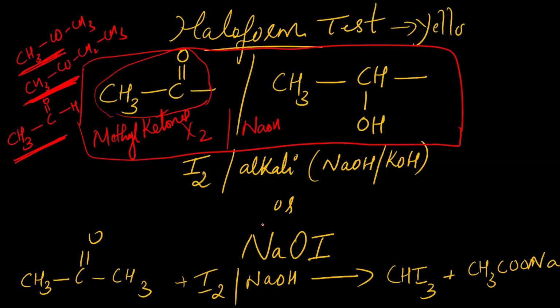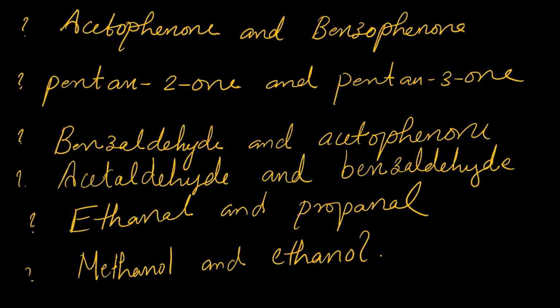Methyl ketones react with iodine in the presence of alkali, forming iodoform; with chlorine, you get chloroform. If the reagent is NaOI, that is also a haloform reaction. I2 plus NaOH are mixed together to form NaOI. So if you see this reagent, you have to understand it is the haloform test. And one more thing here,